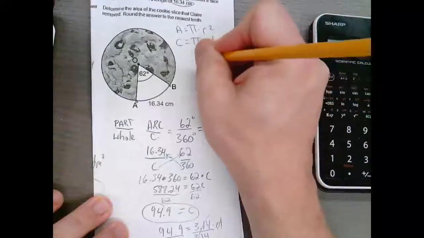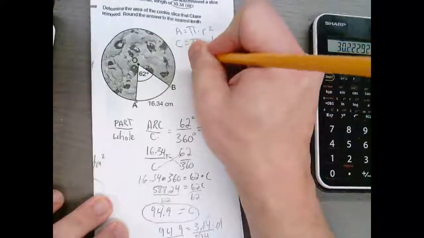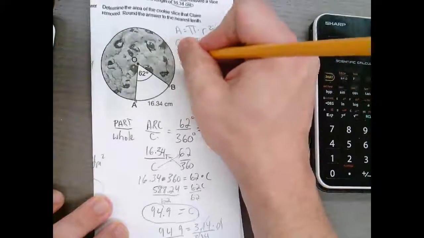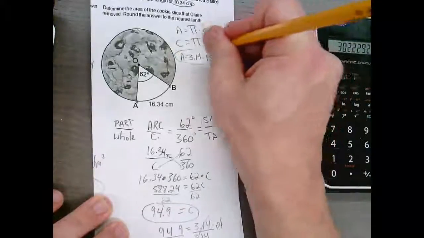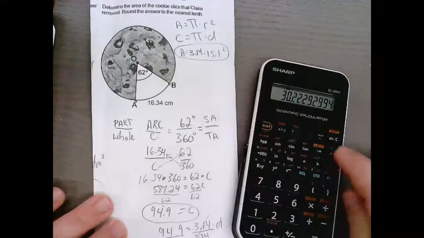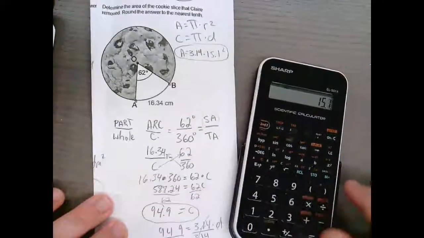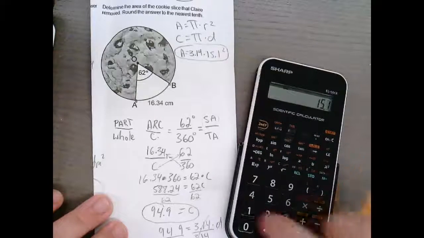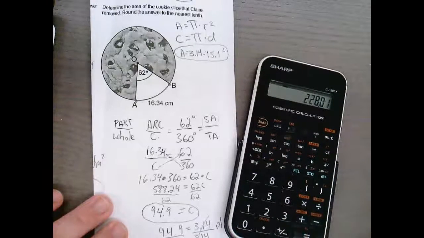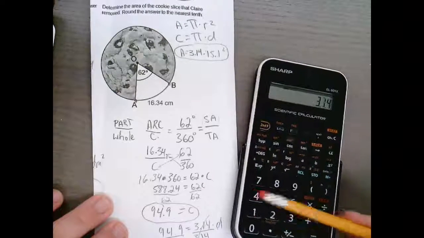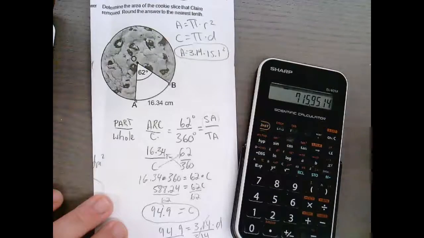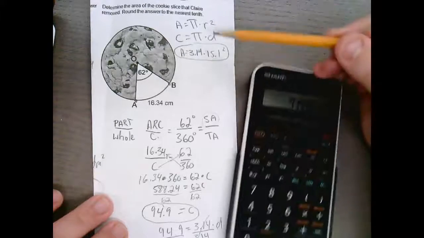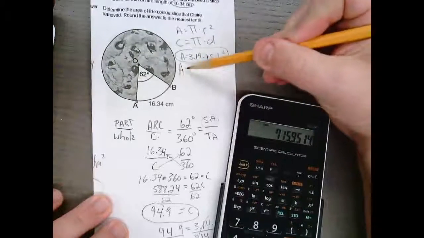15.1 squared times 3.14 will give me the area. Alright, so 15.1, and you gotta square it, so it's the x to the power 2 symbol, or you can just do 15.1 times 15.1, same thing, times itself, 228. And then you go times 3.14. You could use the pi button, it would be a little different from 3.14 though. It doesn't matter. All right. So the area is